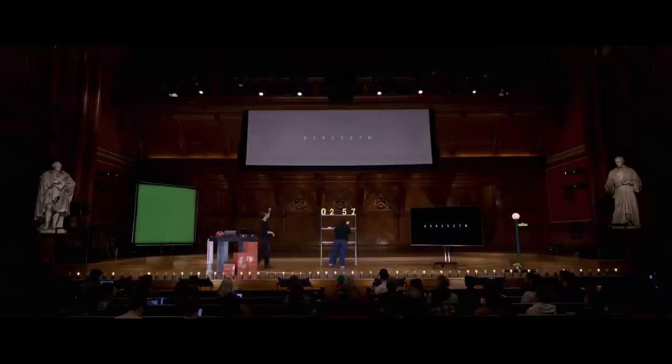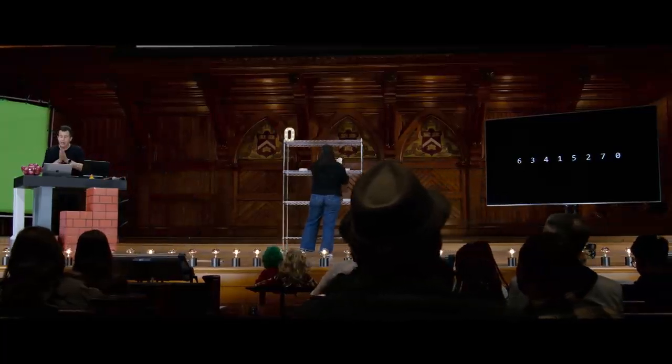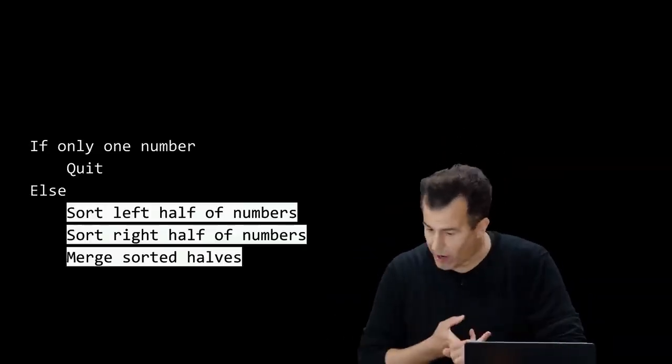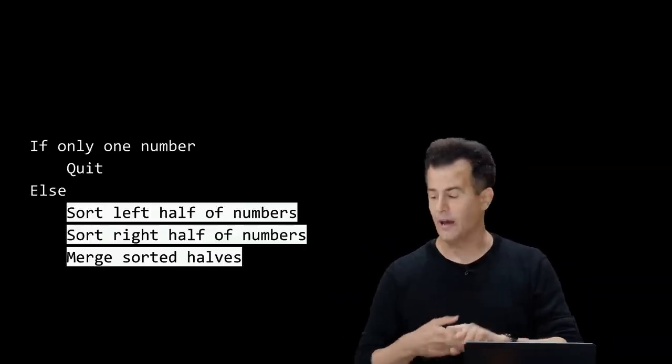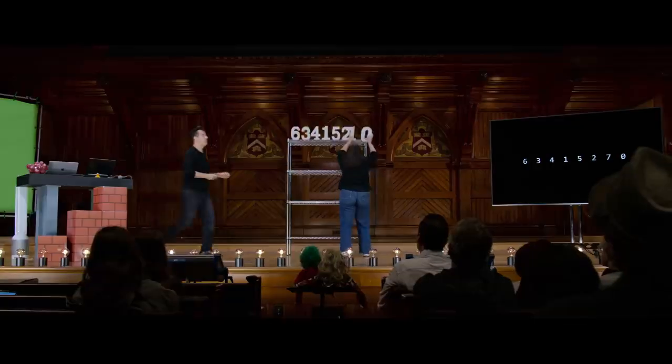So the list we're going to do is this, arbitrarily 6, 3, 4, 1, 5, 2, 7, 0. We're going to start with them all on the top shelf ultimately, and we'll see by acting this out how we can go about sorting 8 elements that start off completely unsorted. And the 3 steps we're going to use are these: sort the left half, sort the right half, and then merge the sorted halves together. So those numbers again that Yulia is putting in place are 6, 3, 4, 1, then 5, 2, 7, 0. We have not rehearsed this, so we will see how well we both do together at this.